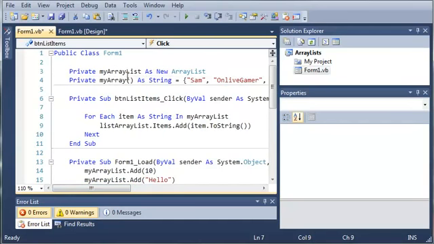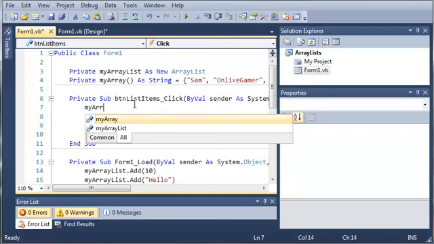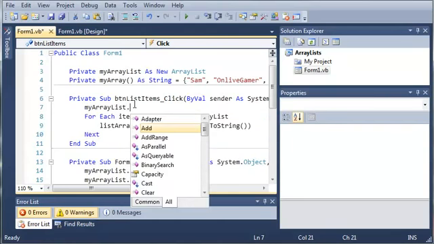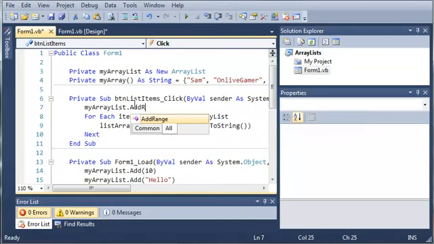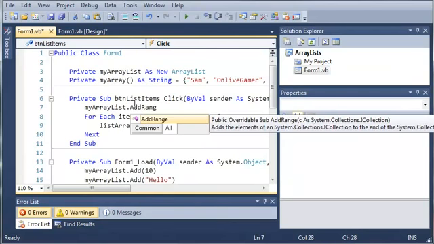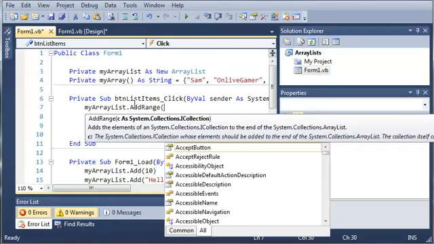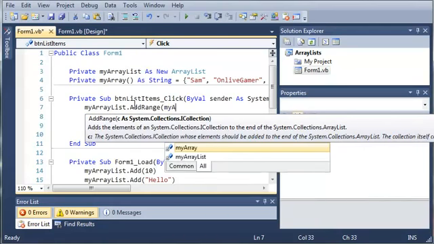Now, what if we want to add all of the items of this array to our array list? We could use a for loop, but there is an easier way to do this. We can just type my array list dot add range, and you can see it says adds the elements of a system.collections.iCollection to the end of the array list. So it'll just add all of the stuff in my array to our array list. So if we type add range and then my array,